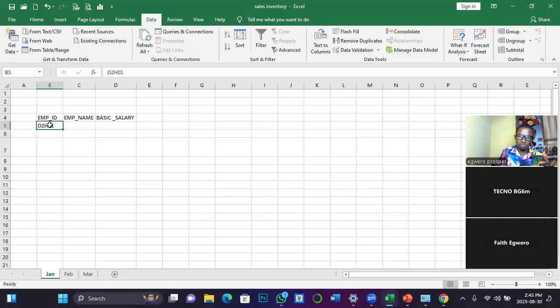Just click on this one that you have created, then navigate to that dotted edge. Once the cursor is positioned on it, it will change to a smaller plus. That, when it's on this plus, is called autofill. So if you drag it, it will automatically serially number it. So you can see.